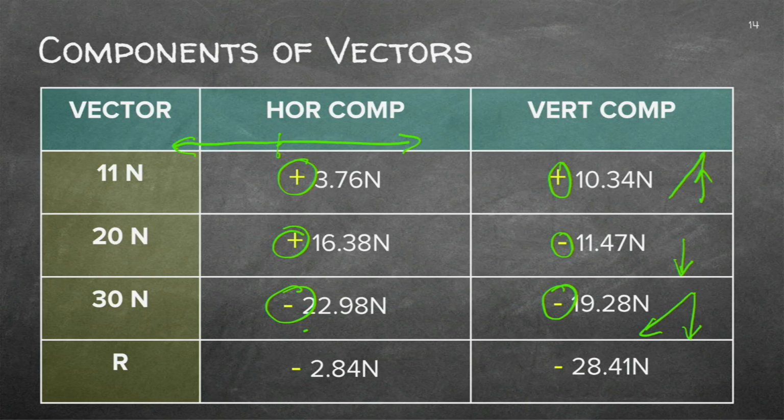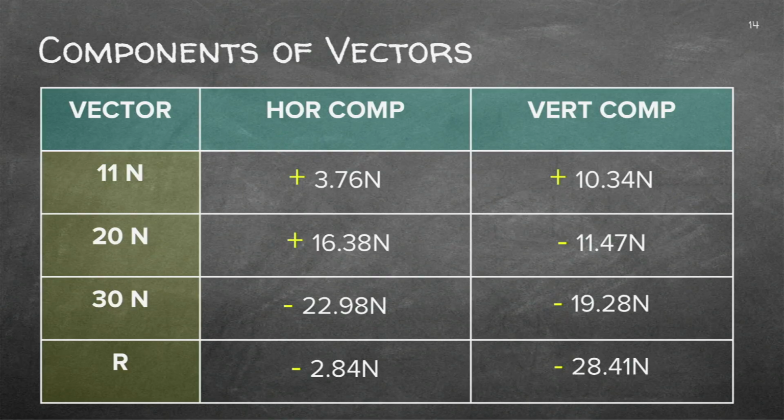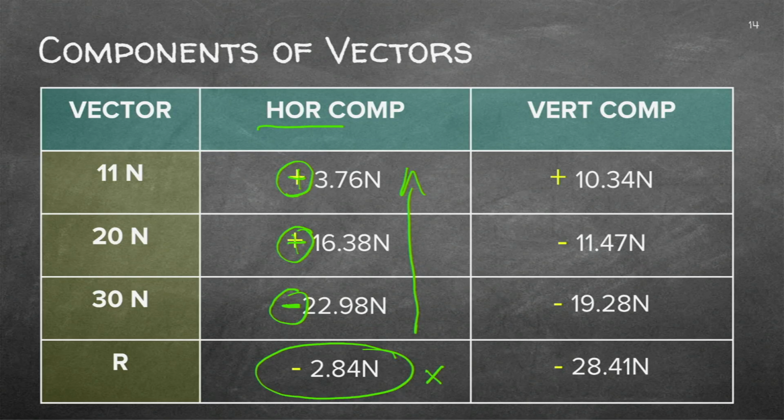So the first thing you do is you complete your table, you find the correct trigonometry functions, and then finally you add your directions. After you've done that, you've got 3 horizontal components to find the resultant. You then add these 3 together, and by adding them, you have to recognize that they've got different signs. And then you find a summative answer for your horizontal. So my x value is minus 2.84 newtons.